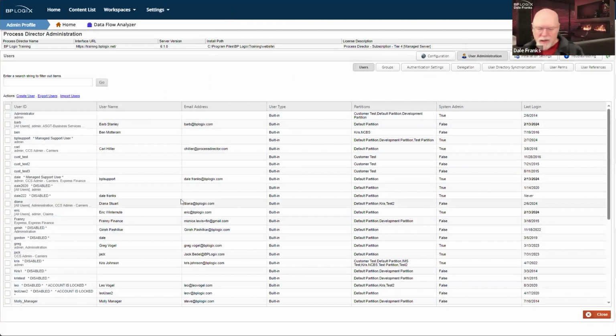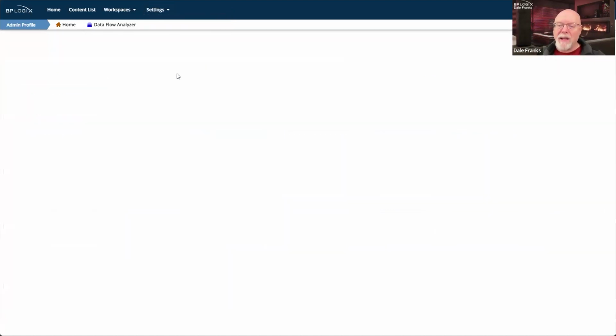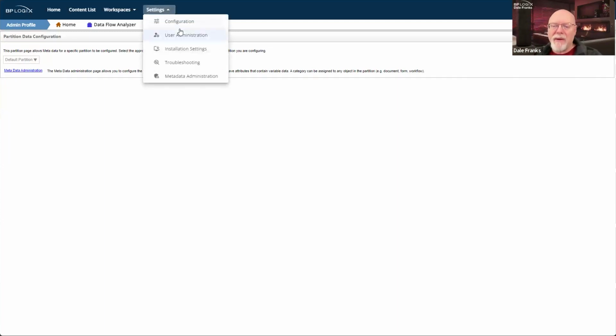And of course, the users page is the home page for user administration. Similarly, if I want to go to metadata administration, I just go there automatically. So I cut out at least 2 clicks by getting me to all 5 of the major administration areas in your installation from anywhere in Process Director. That makes my life a little bit easier.